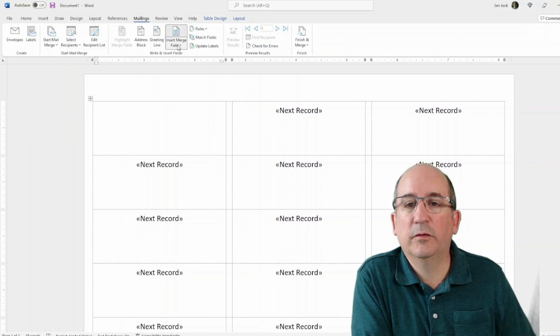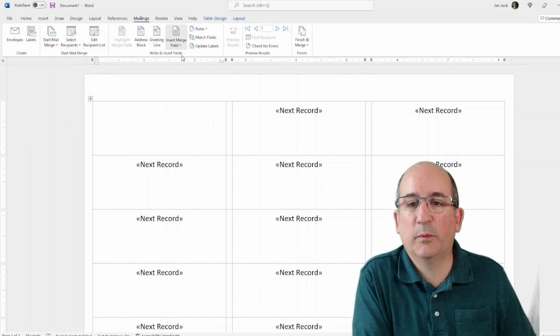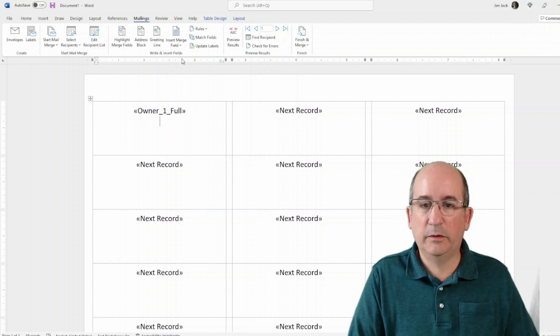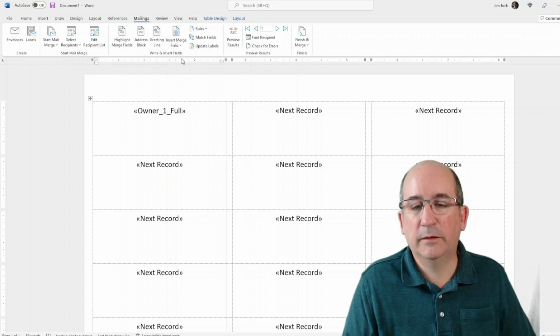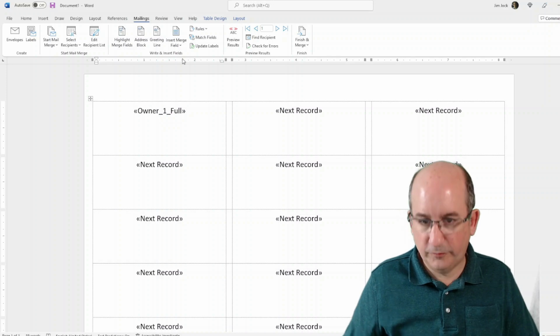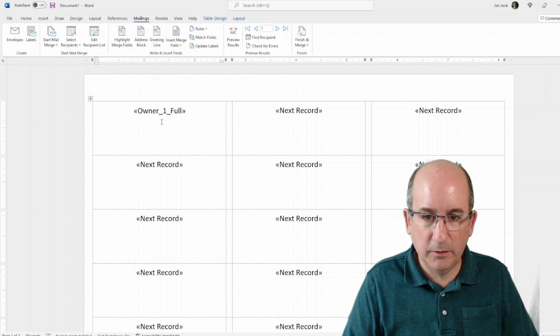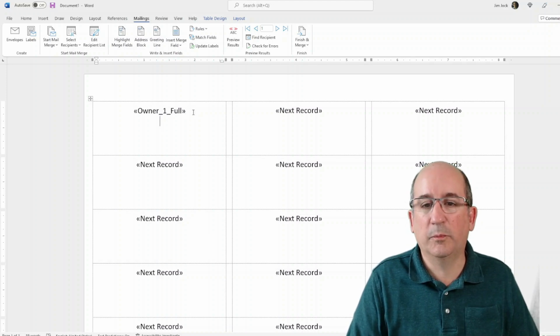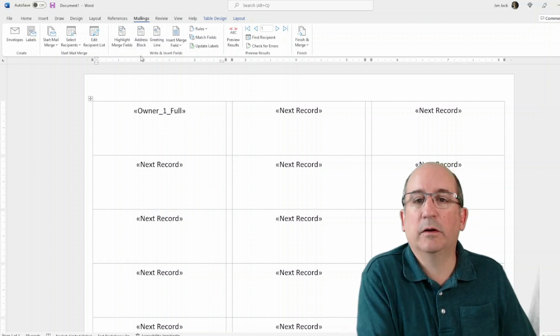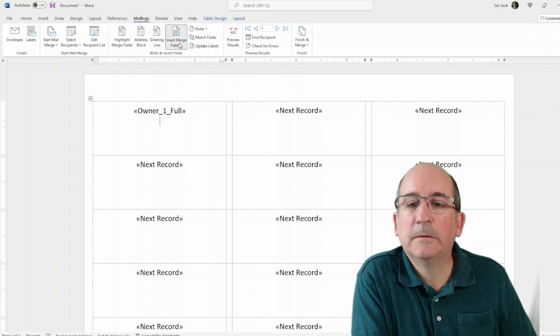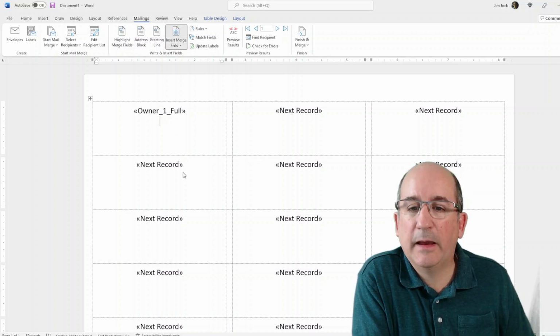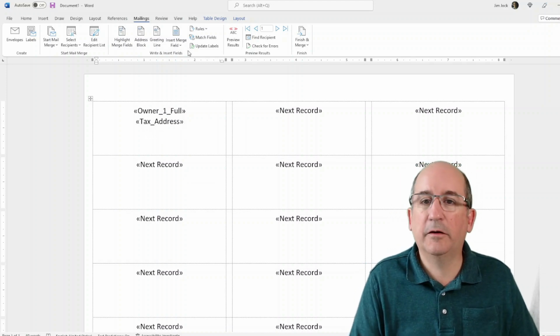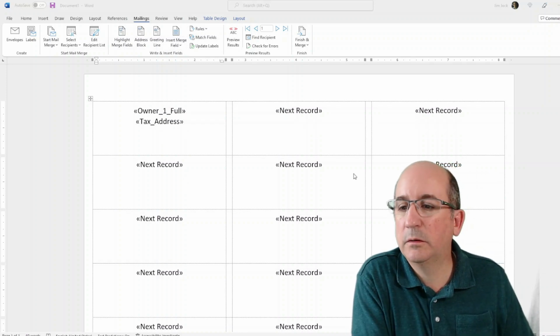So we are going to insert the merge field. Remember, we did the owner first, and then we're going down to the next line. I'm hitting Shift Enter so that it goes right here. You see where the cursor is? If I did a return, it goes farther down. I kind of want it a little more compressed. And now we're going to do the tax address and a Shift Enter, and then we're going to do